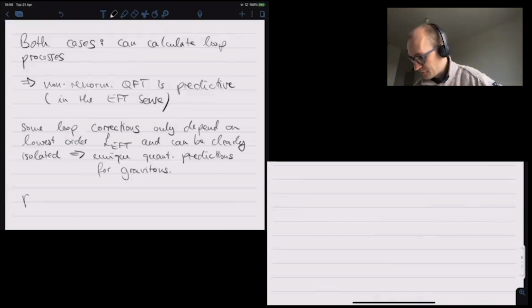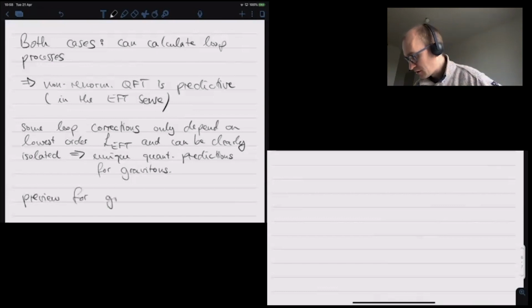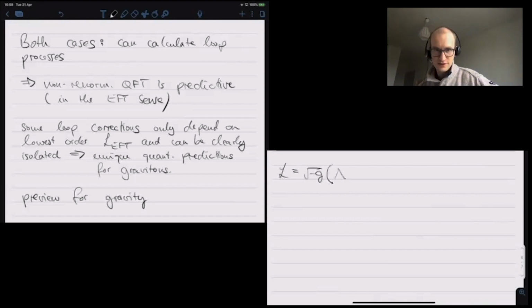Okay, so let me just finish this first part with a preview for gravity. What we're going to do is add terms in an expansion in derivatives. The lowest one, of course, is the infamous cosmological constant. Then we will see our Einstein-Hilbert term here, which is the unique two-derivative term that we can write down, but this will be corrected by